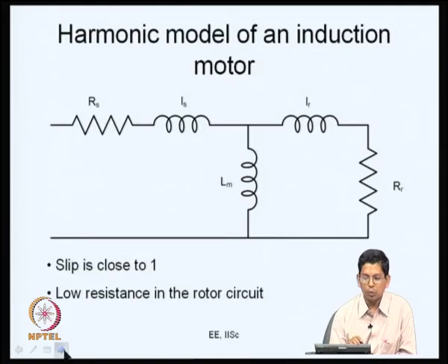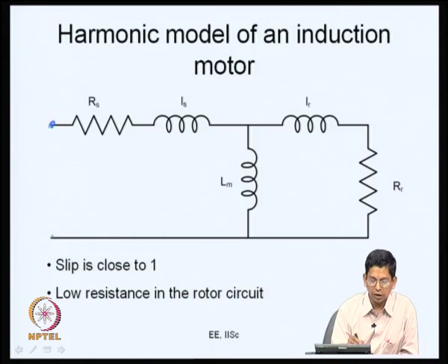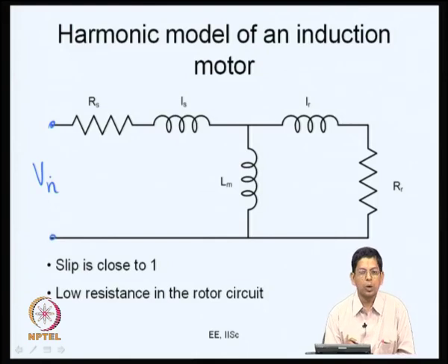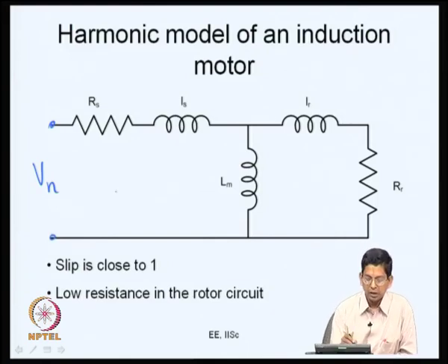When we look at a harmonic voltage, let us say instead of the fundamental component, some nth harmonic voltage, maybe the 5th harmonic or maybe the 7th harmonic is applied now. So, what happens now? In this case, as you find the slip, the synchronous speed is higher now. The fundamental is 50 hertz, the 5th harmonic is 250 hertz, the 7th harmonic is 350 hertz, and 5th